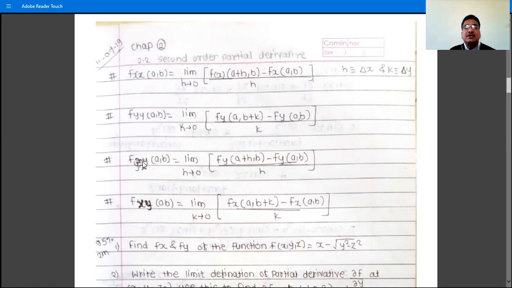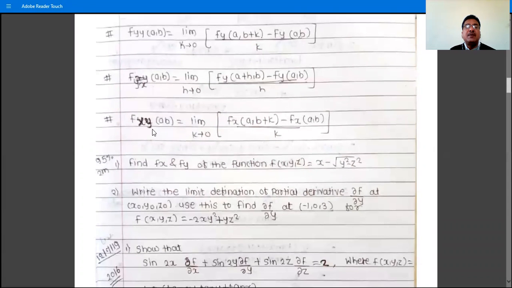The derivative of fy with respect to x. With respect to x, the derivative means limit h tends to 0 of fy at a plus h, b minus fy at a, b, divided by h. And fxy means the derivative of fx with respect to y, which is limit k tends to 0 of fx at a, b plus k minus fx at a, b, divided by k. So these are the definitions of